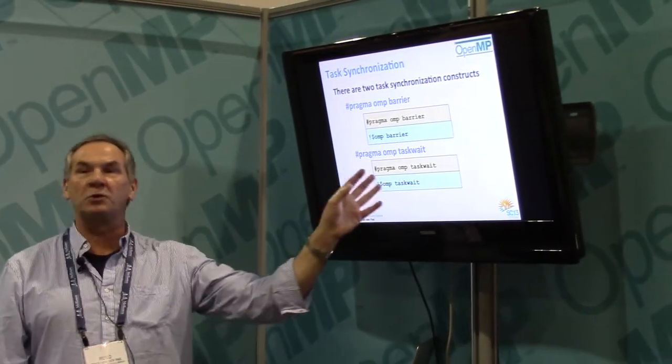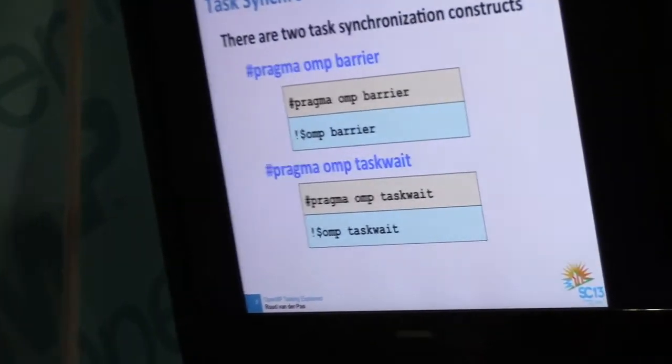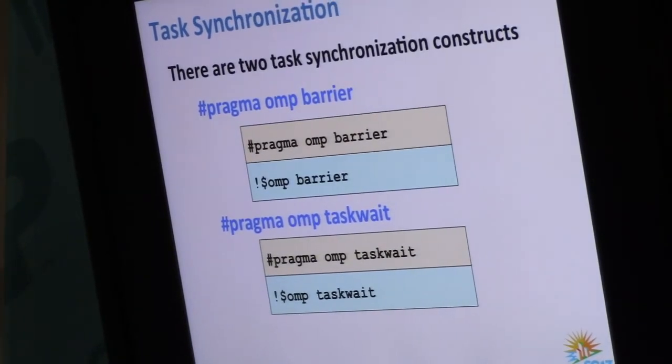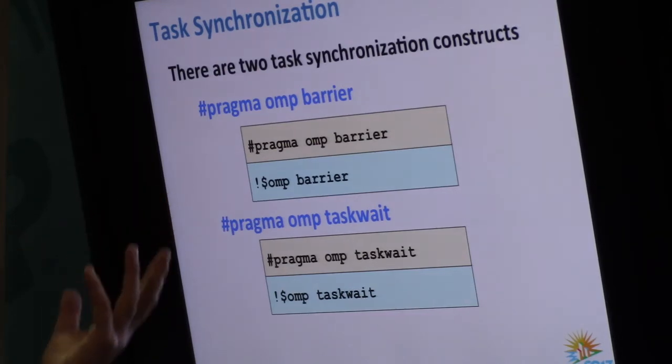The other point is that you don't just want to sprinkle barriers to complete tasks. That's not a good idea. So there's the taskwait. The taskwait will wait for all pending children tasks to be finished. Again, that's when you preempt the queue, and after that you continue. Is that a synchronous or asynchronous construct? That's definitely synchronous. You're going to wait for the tasks to be finished. Is there a difference between the barrier and the taskwait?